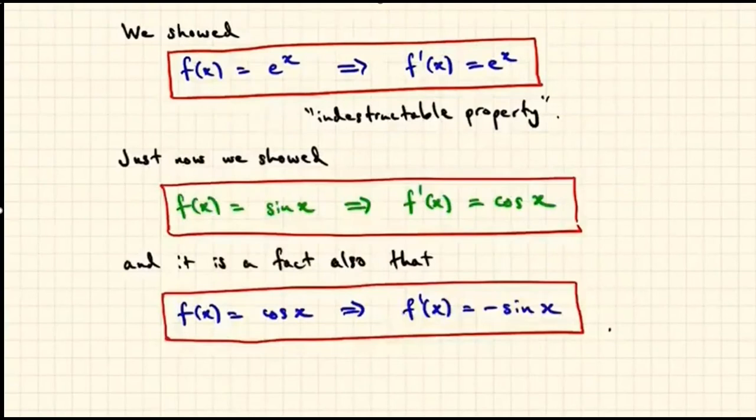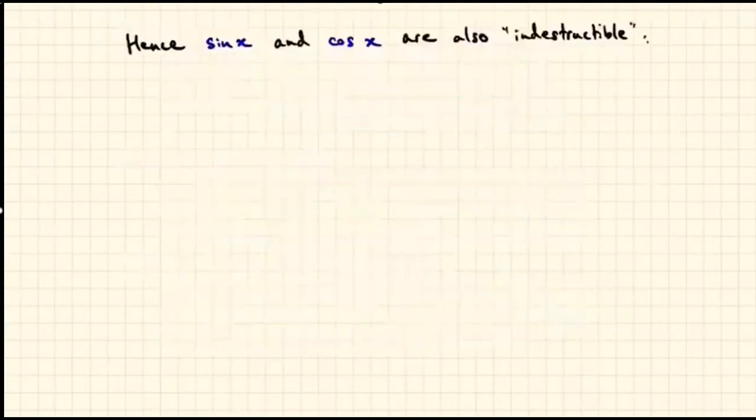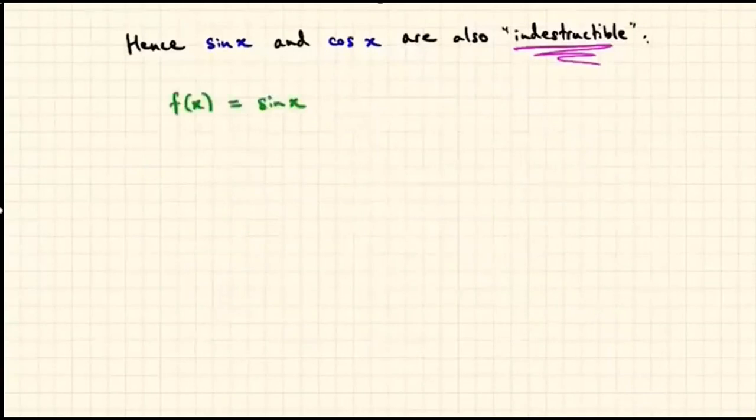This means that the circular functions are indestructible in the following sense. If f of x is sine x and the derivative is cos x, so each derivative